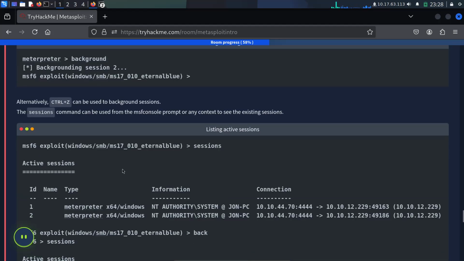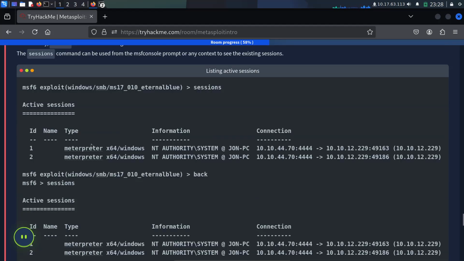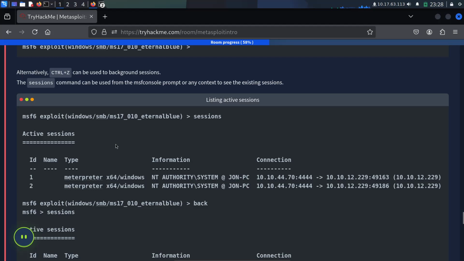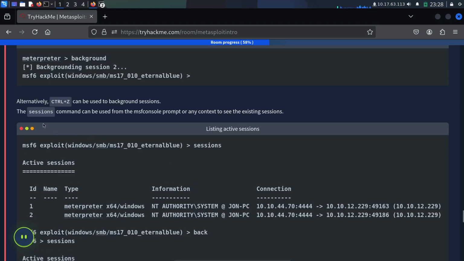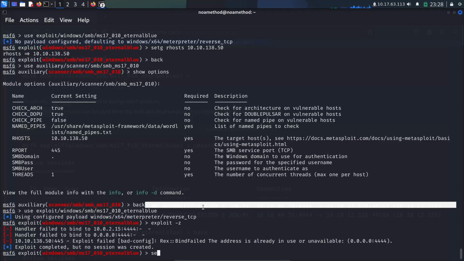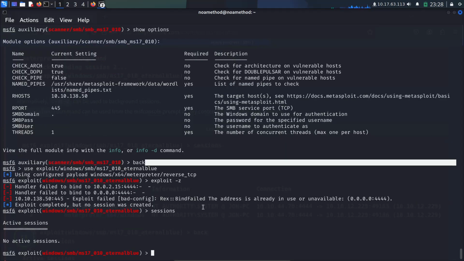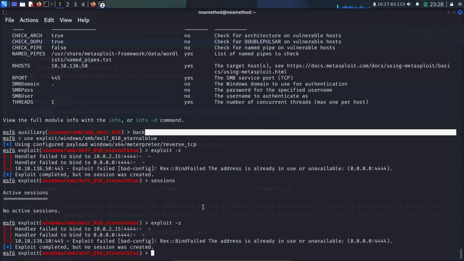Maybe we have to run it in the background and then check the session. The sessions command we use from the MSF console for any context to see the existing sessions. Yes, you can check the sessions, but there is no active session. Handler failed to bind. The handler failed to bind.